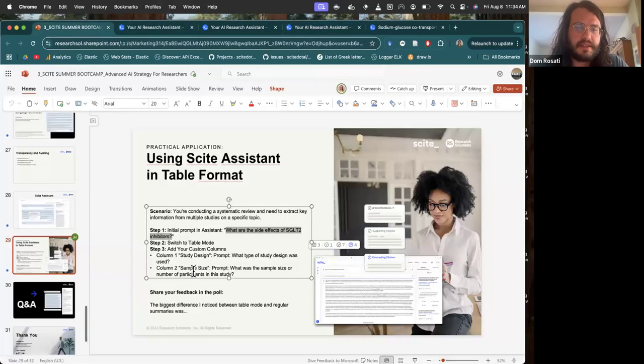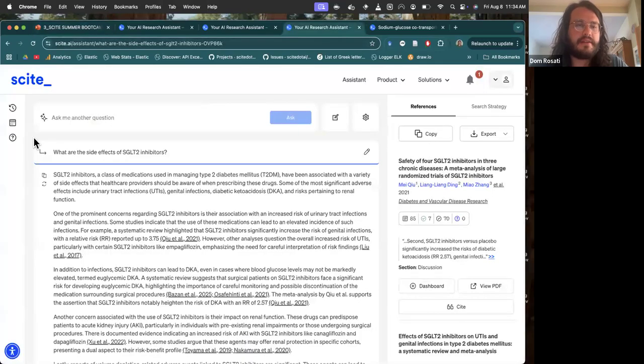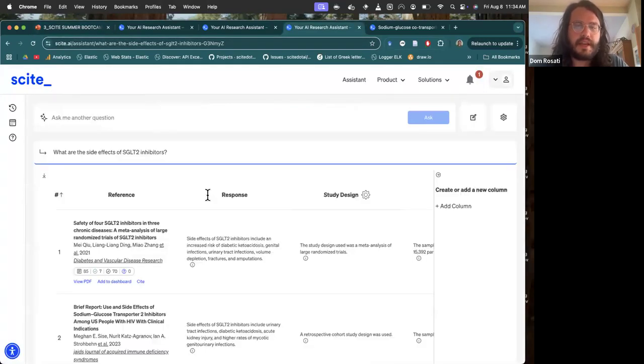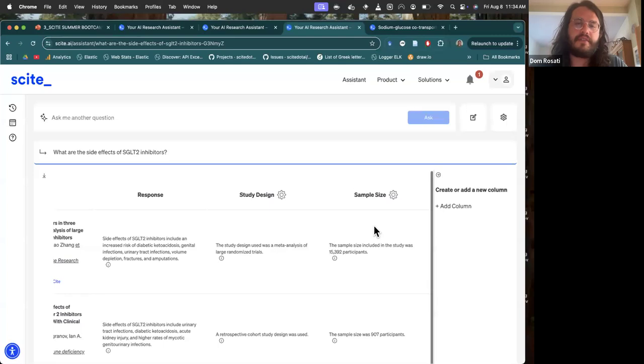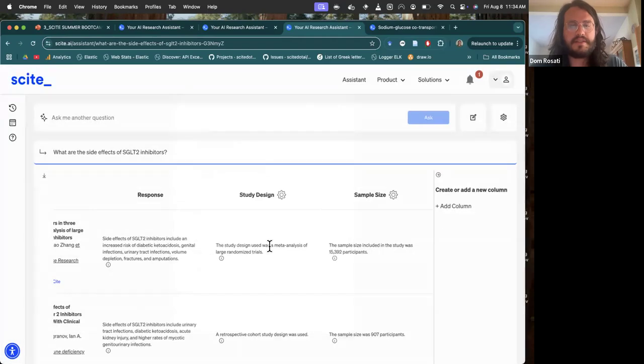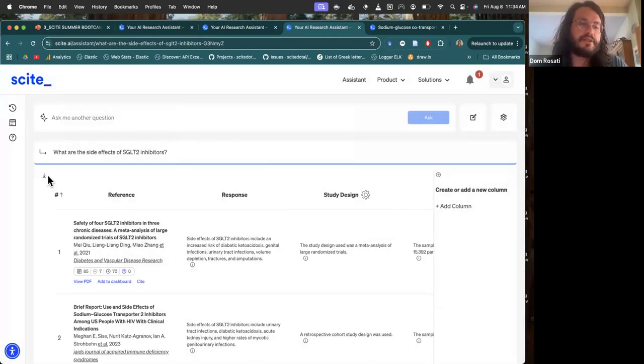Let's see if there was anything else. So I think for that particular table, we pretty much have everything that we want to show about tables for the exercise. You can remove columns, you can edit them, you can do all kinds of things like that. You can also